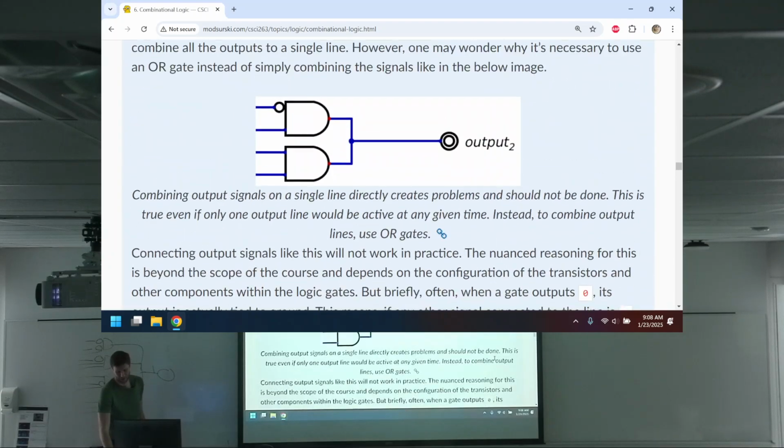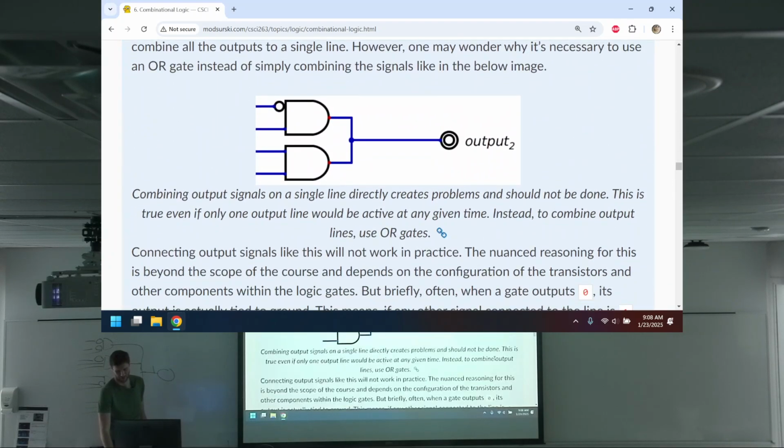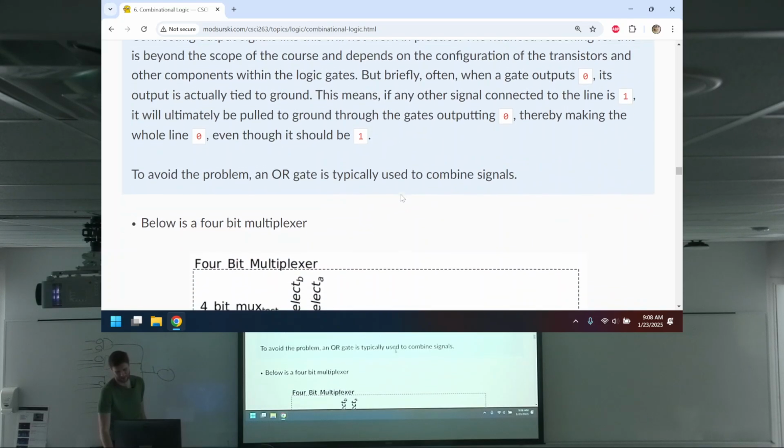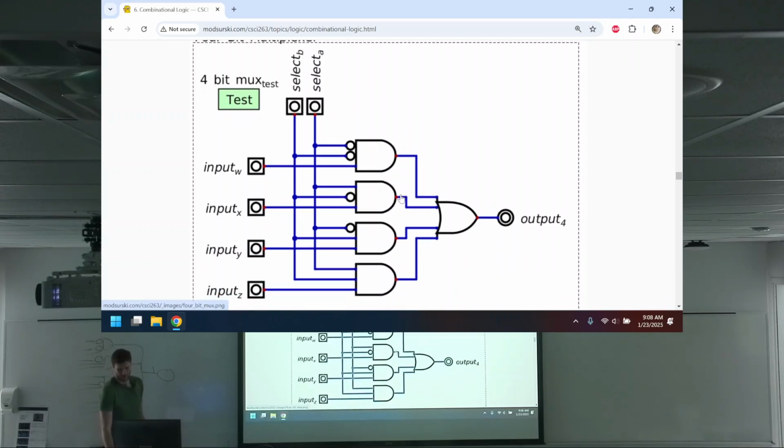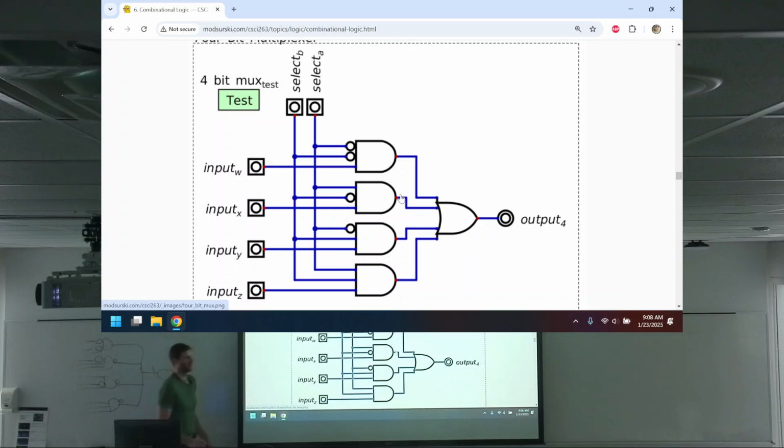Other questions about the decoder? This right here is the explanation of why we can't do that. Well, because, yeah. Yes? So what controls the selector? How do you change what it's selecting? No, that would be,